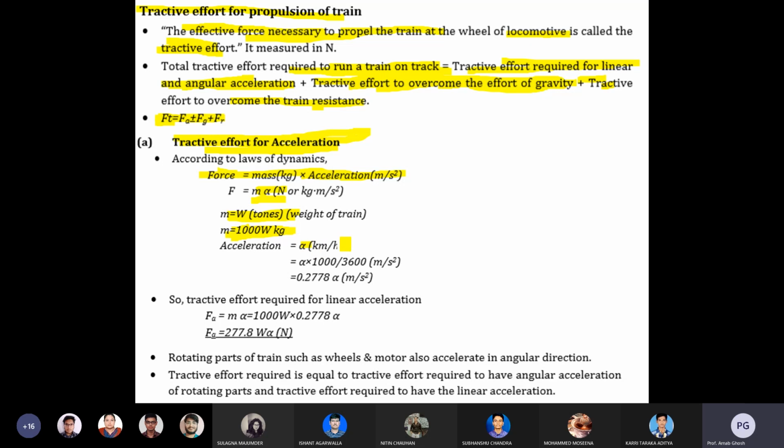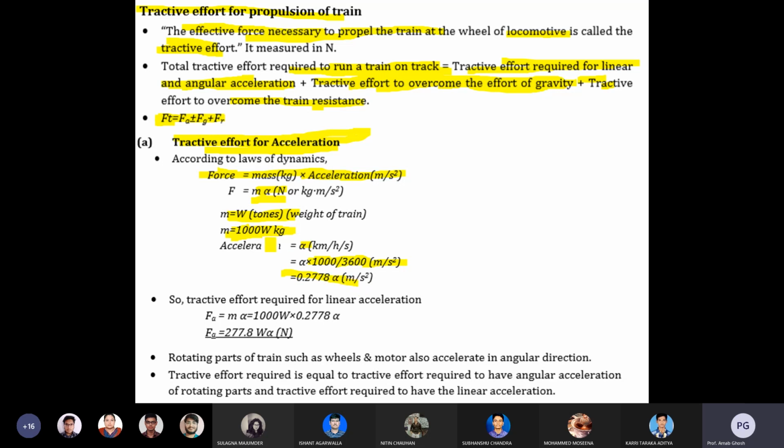An hour means 3600 seconds, and a kilometer means 1000 meters, that is 5 by 18 normally, so 1000 by 3600 meter per second square. So it is coming